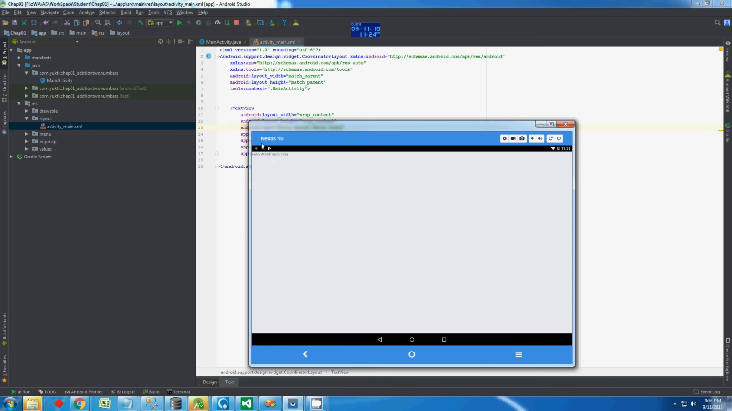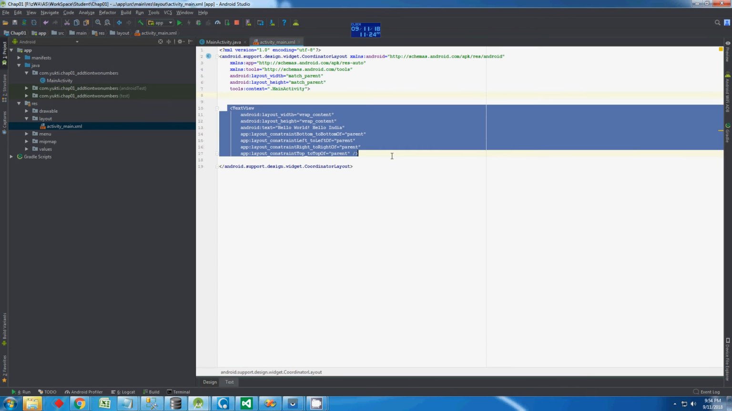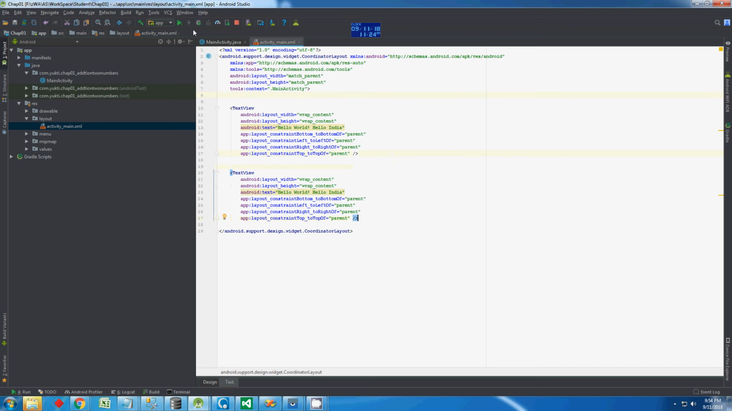Hello India. We'll worry about the other item. Now suppose you want one more item, just copy this and paste it. Now let's run it again. Now you can change the name to Maharashtra. Okay,